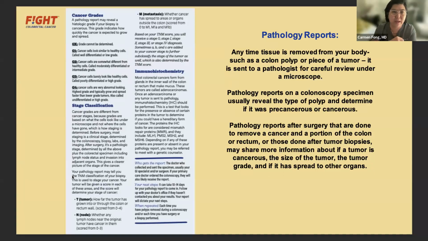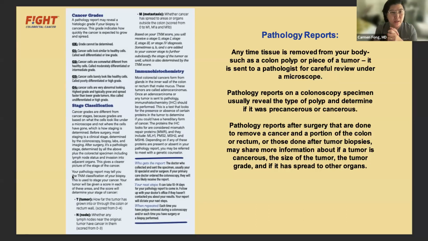I always start with the fact that the staging of colon cancer specifically, but also colorectal cancer, can change during your treatment. So most of the time, initially, pathology reports are collected after the initial colonoscopy, of which a biopsy is taken. And so when a biopsy is taken, the cells are looked at under a microscope and the cells are graded. And you get a grade, and it tells you 2 things mainly. One, the type of cancer it is, and then how aggressive the cancer is.